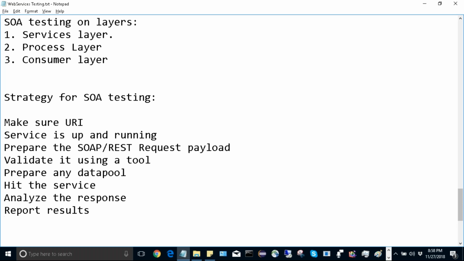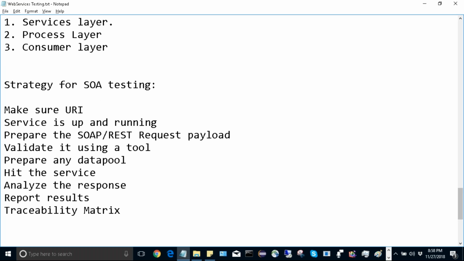And you can add in traceability also, the requirements traceability matrix. You can add what the results are, and if there are any errors, you can also report and track the defects, raise the defects, and the same process goes on for SOA testing also. And mostly, like we saw in the software development life cycle, we have seen where the whole part of the